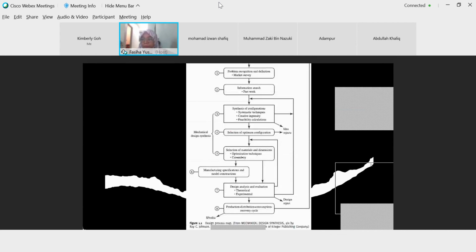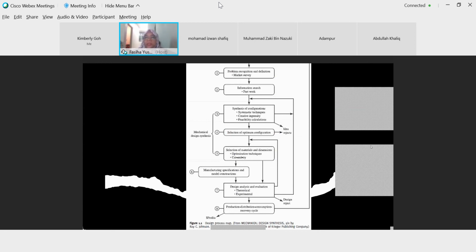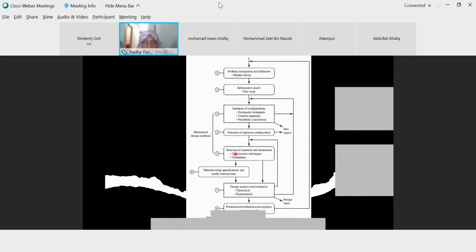When we call it systematic, there must be a process, a guideline. This is taken from one textbook. As I mentioned just now, there are many references you can refer to in order to understand the design process.